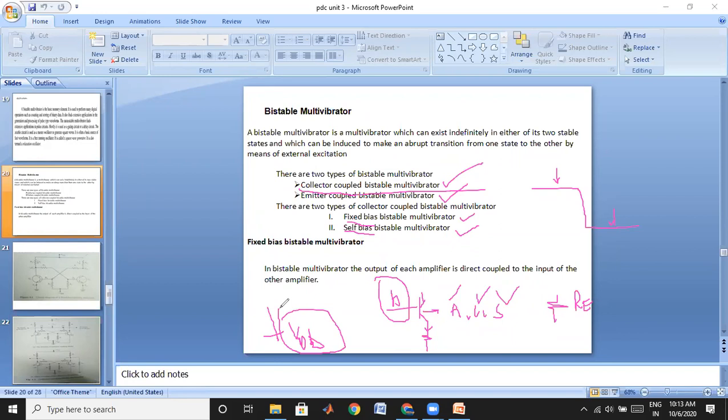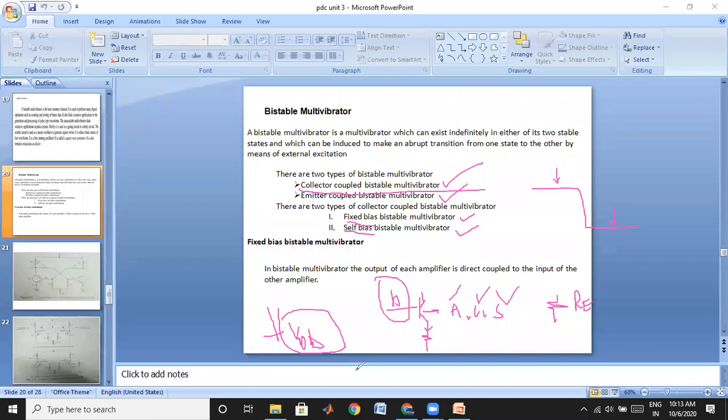Depending on the voltage, if we apply a negative voltage, the transistor may be in cutoff. If we apply a small amount of voltage, it may be in the active region. If we apply a saturated voltage, then it may be in the saturation region. Depending on the voltage values, the transistor may operate in any one region. Therefore, in a fixed bias system, we are going to apply a fixed voltage, by using some battery source.